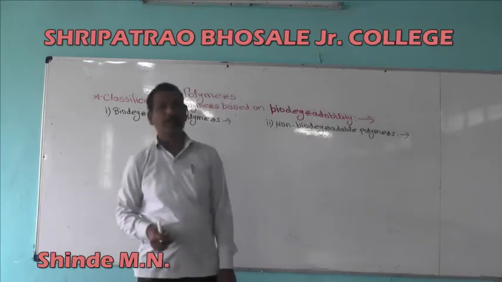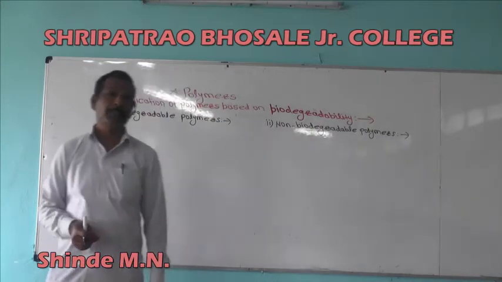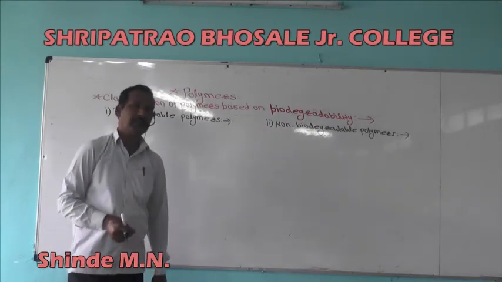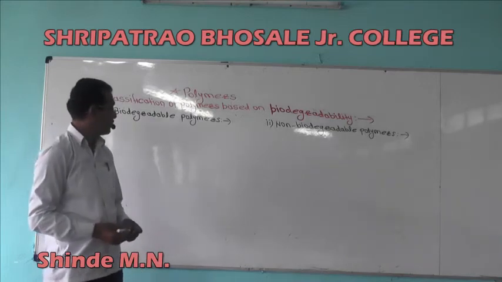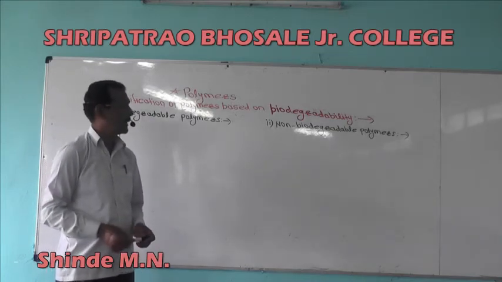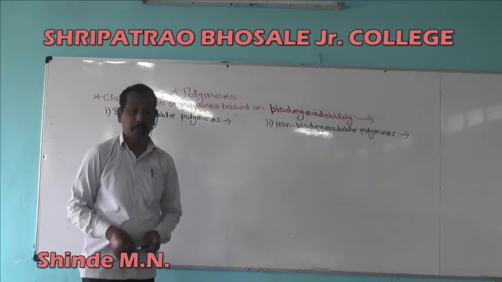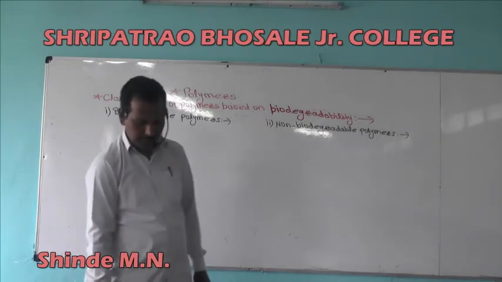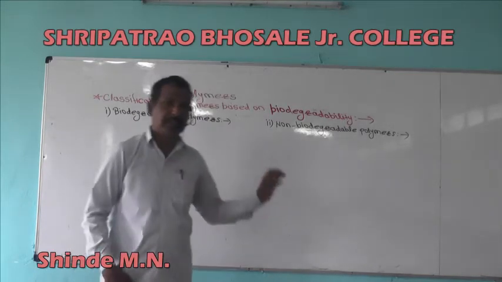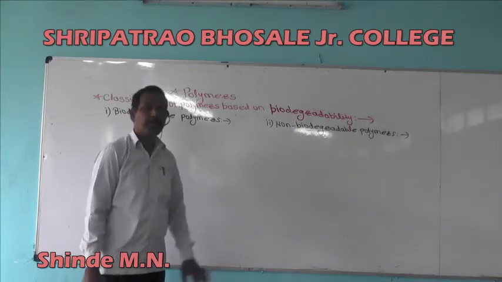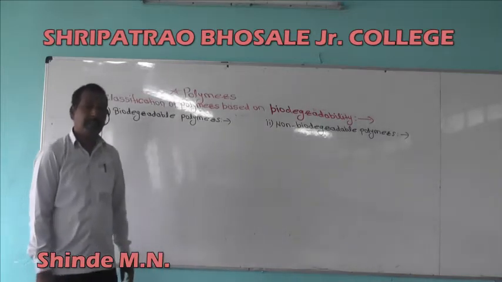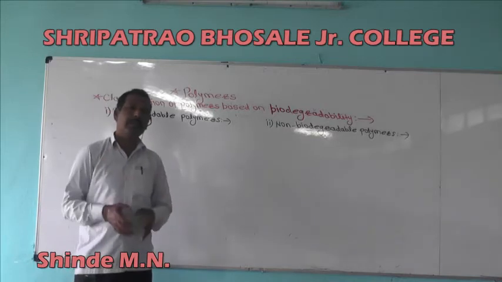So based on their biodegradability, polymers are mainly classified into two types, that is biodegradable polymers and non-biodegradable polymers. Now the meaning is in the name. Biodegradable, that is the polymers which undergo degradation